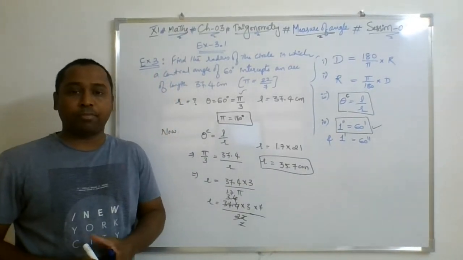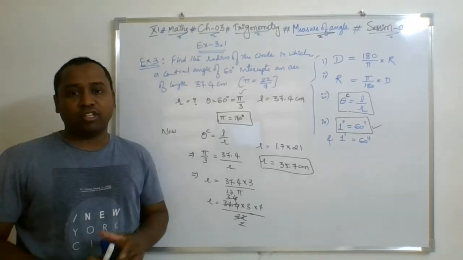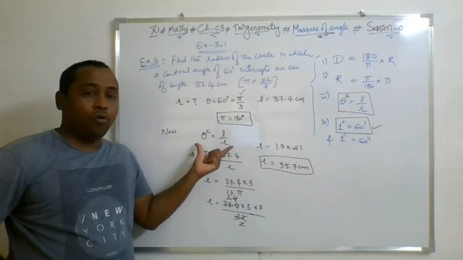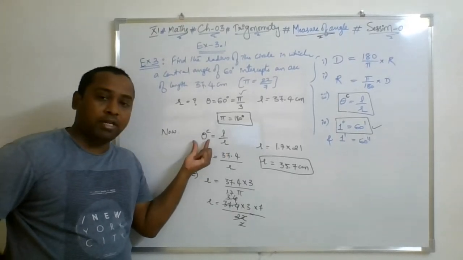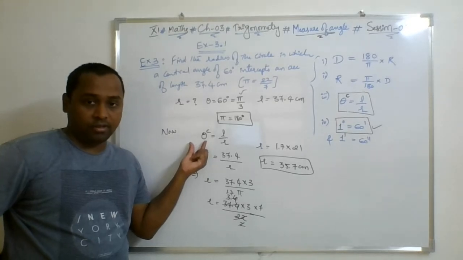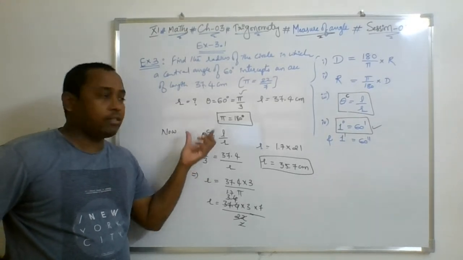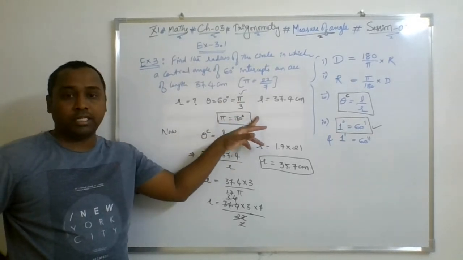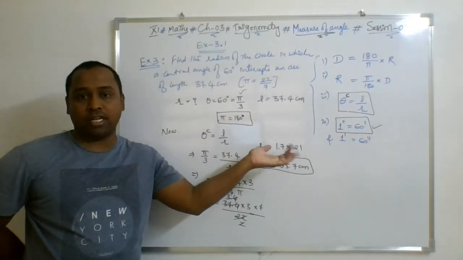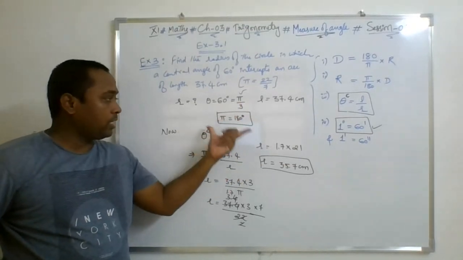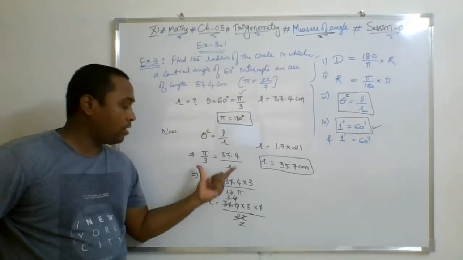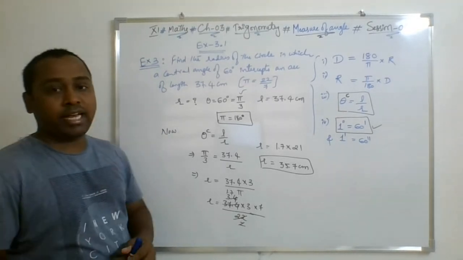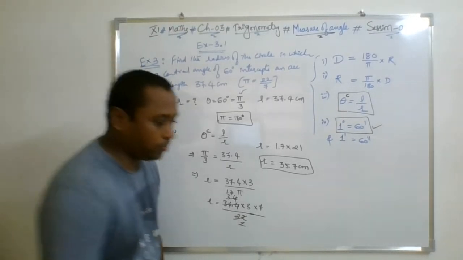I hope it is so simple to use a formula. The only catch of this entire solution is that before using this formula, theta must be in radian terms. So if the radian terms, that is in terms of pi, is given, directly use the formula. If not, you need a conversion technique which you have already practiced in question number 1. By using that conversion, then use the formula to get the unknown value. Now we are going to discuss example number 4, that is the next question.